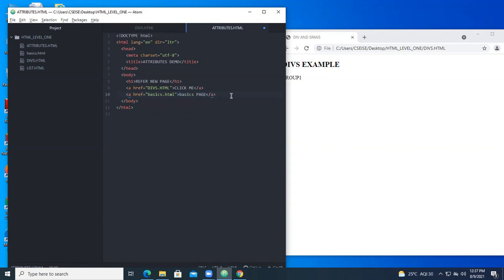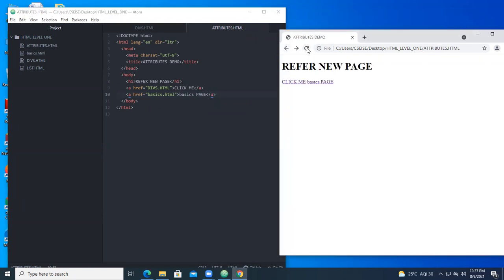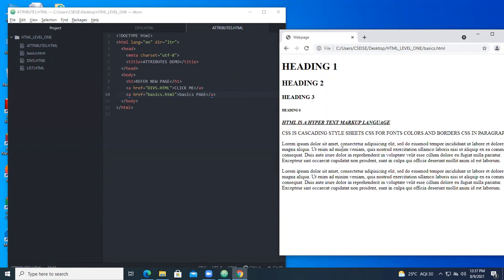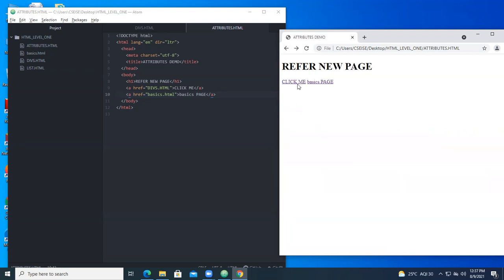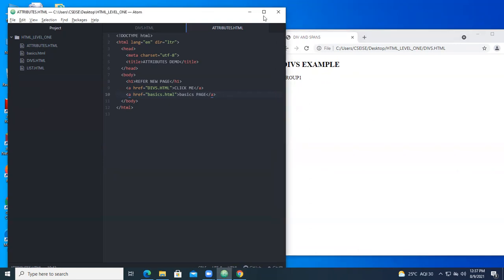Control S, run this. You will have click me, and the other one is basics page. If you click basics page, it will take you to basics.html. If you click click me, it will go to the divs and span page. That is referring to a new page.